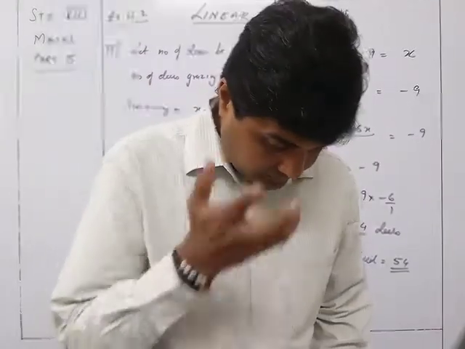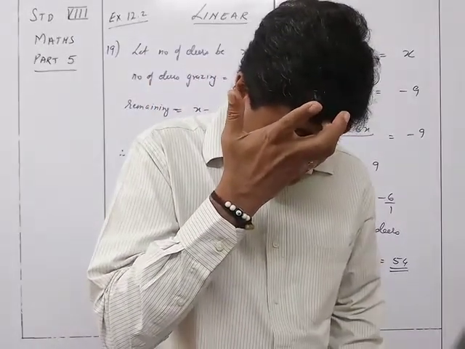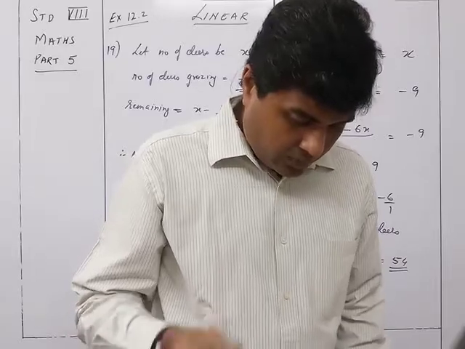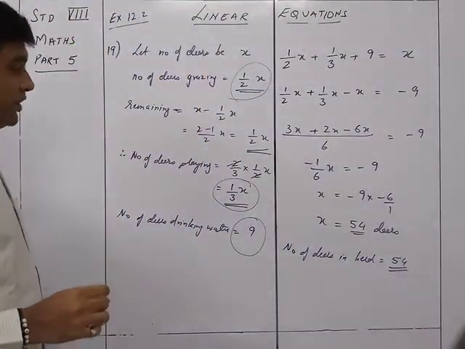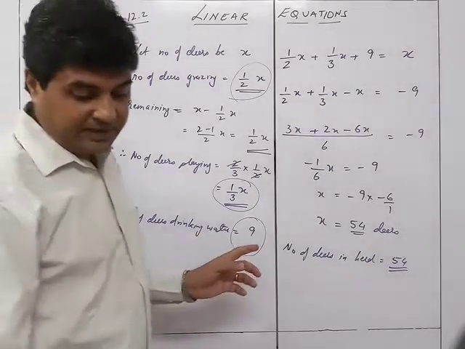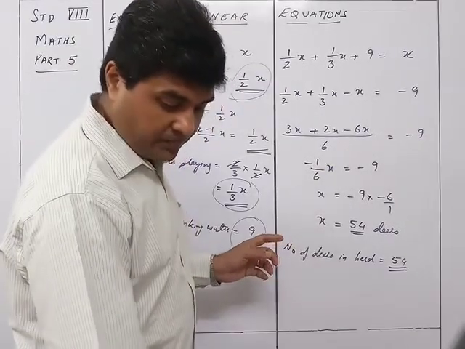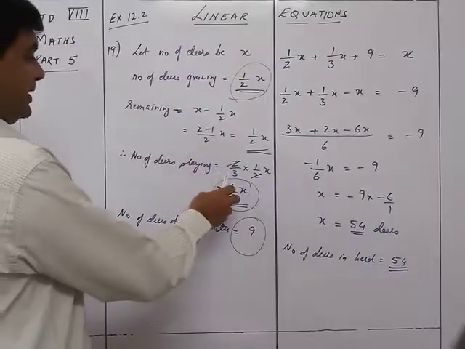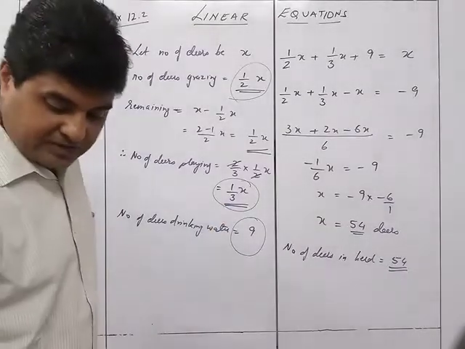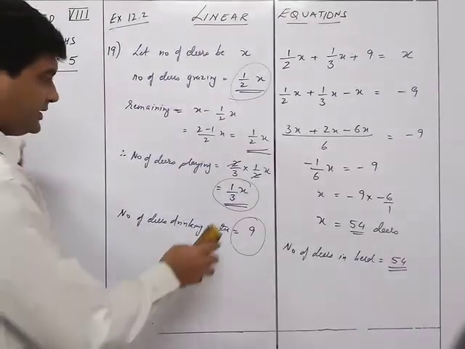One sec. Some error. I'll just check it. Oh, 3/4. I'm sorry, I made a mistake. They have given over here as 3/4 of the remaining are playing. So 3/4 of the remaining, and it was on 2/3. If I just correct this over here so that you can get the right thing.